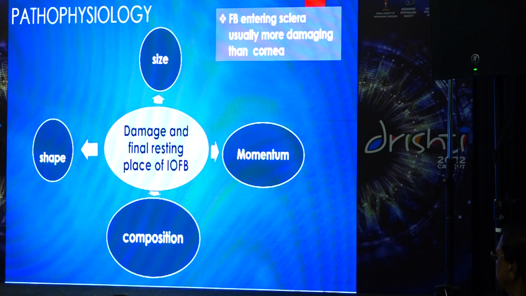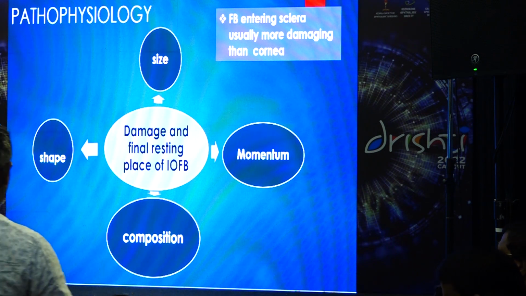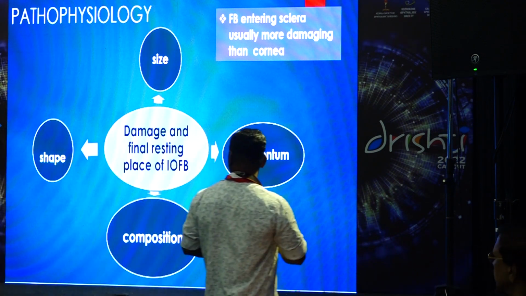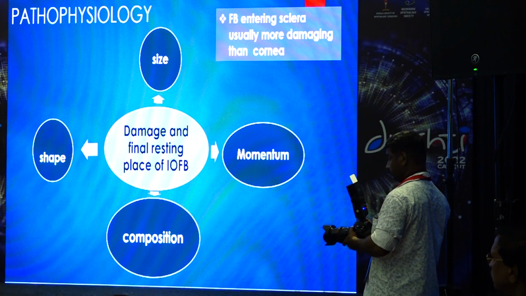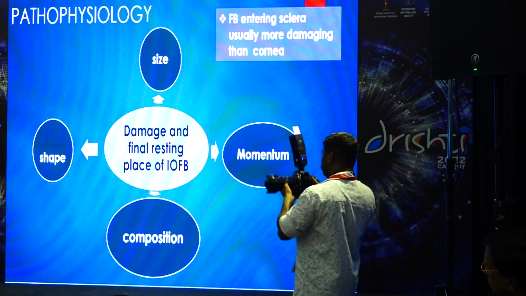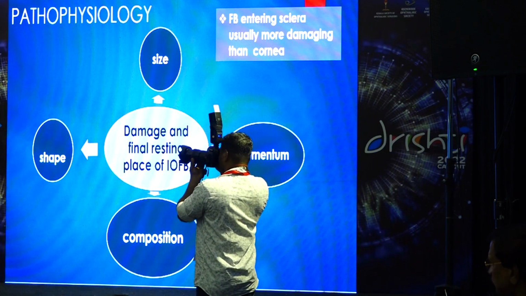Coming to pathophysiology, the final resting place of an intraocular foreign body and the total damage caused by it depend upon multiple factors like size, shape, composition, and momentum. The larger the size and more irregular the shape, the more the damage. Vegetative matter is known to cause infections like endophthalmitis, and metals are known to cause inflammation like siderosis, chalcosis, etc. The greater the momentum, the deeper the penetration and the more the damage. It is widely known that a foreign body entering through the sclera causes more damage than those